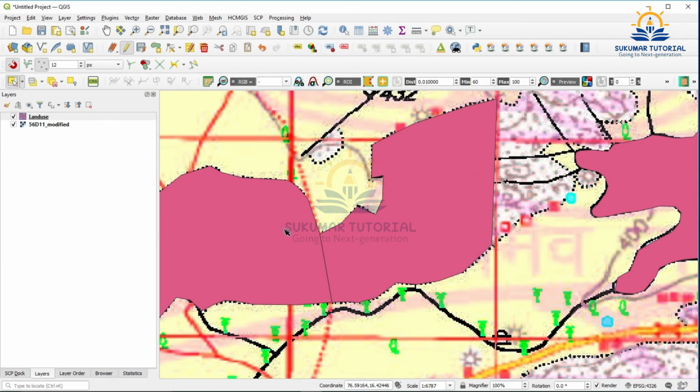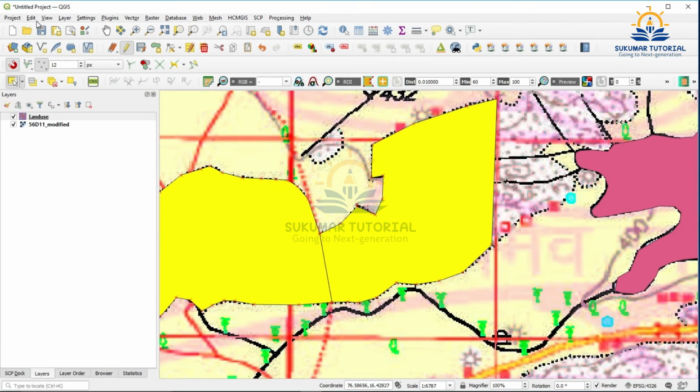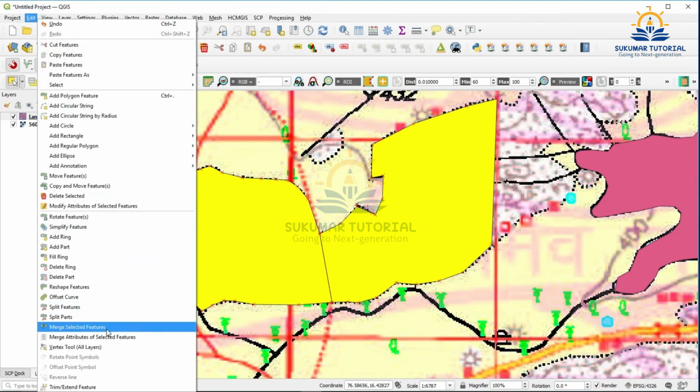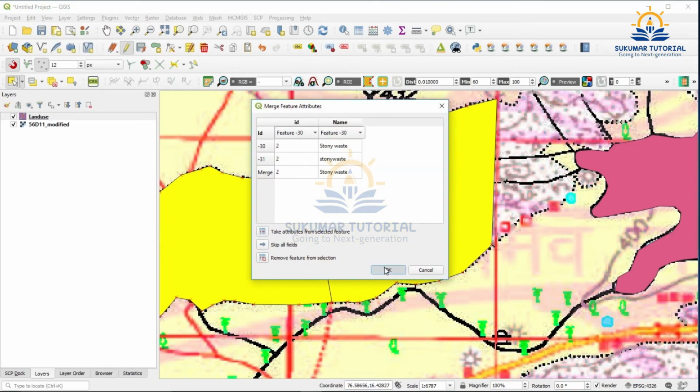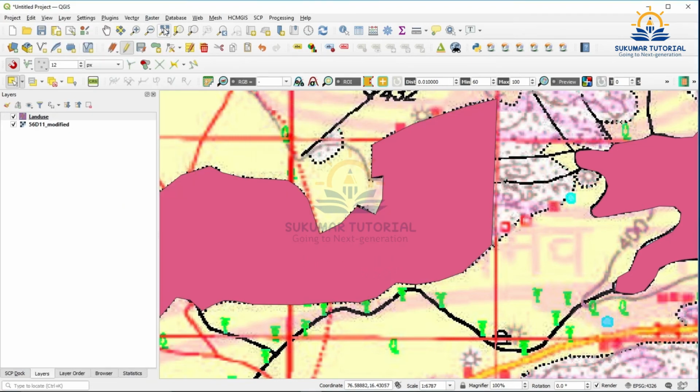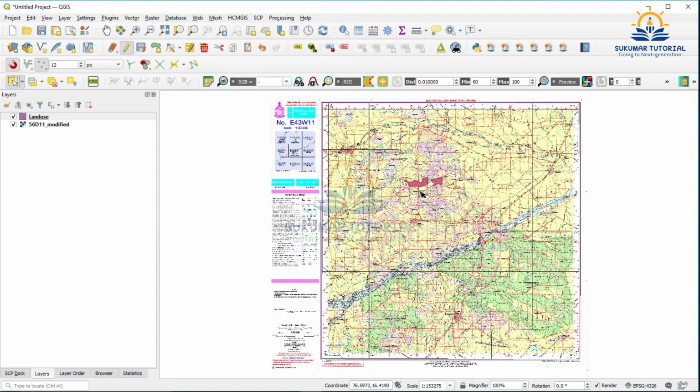Go to the selection button, select this polygon, use shift key, select the other one, go to edit, merge selected features. Now it is merged. See, you got merged feature. This is how you have to digitize your polygons.